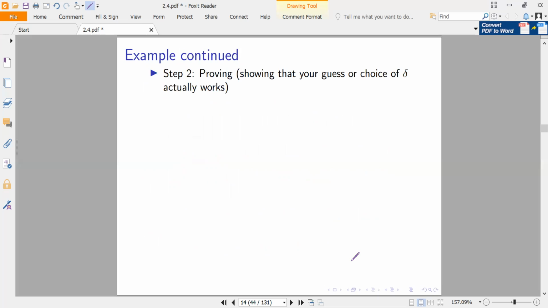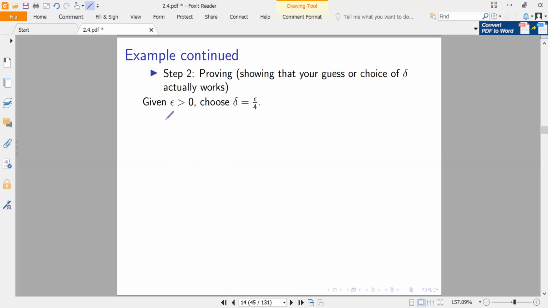Remember I said we start at the end so that we can make a good choice of delta. We need to make an intelligent choice, otherwise we're going to be beating around the bush, guessing different values. So we go to the end to guess, then after that we come back to prove that our guess is actually correct. Remember that